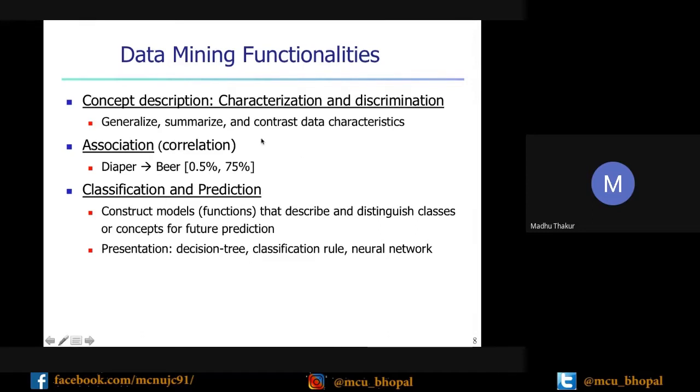So if you have data, now you want to characterize the students who got a rank under 100 or under 10. That means, did the students go to any good coaching? If they went to a coaching, then what was the coaching name? One thing. Or how they studied, that means how many hours they spent on their study. So based on a number of features, you can characterize your object. That is characterization.